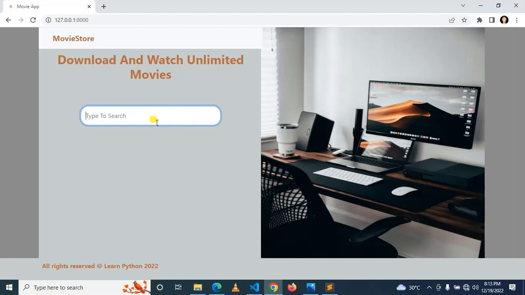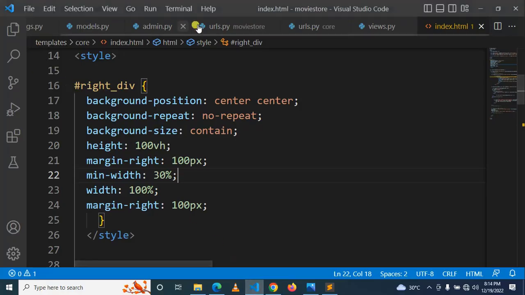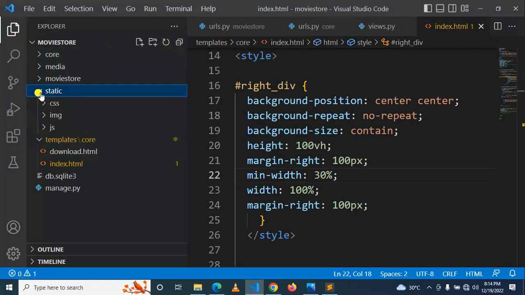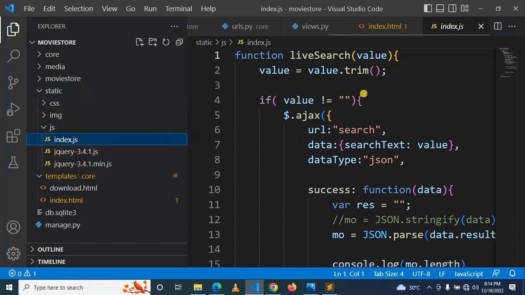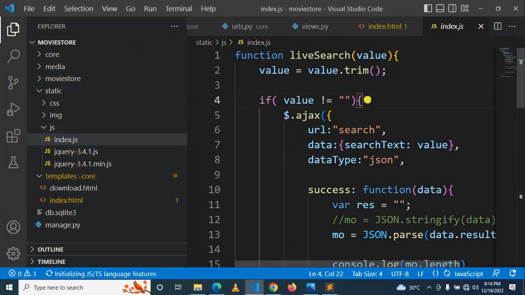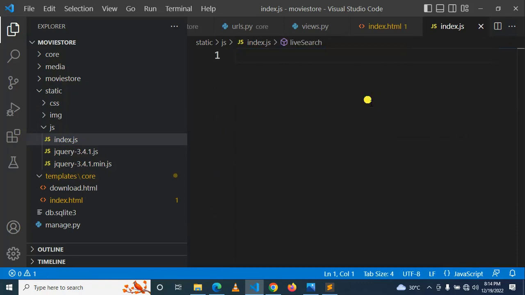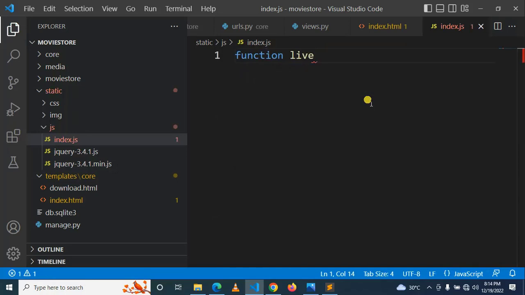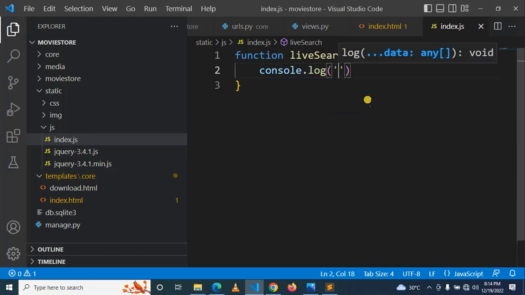So inside of JS, inside the static, I'm going to remove everything. Here I'm going to create a JavaScript function which is live search, and this function, let me make this as simple as, so let's say